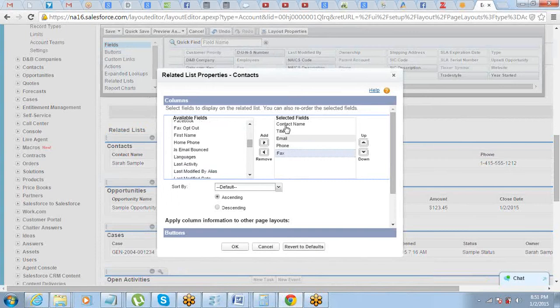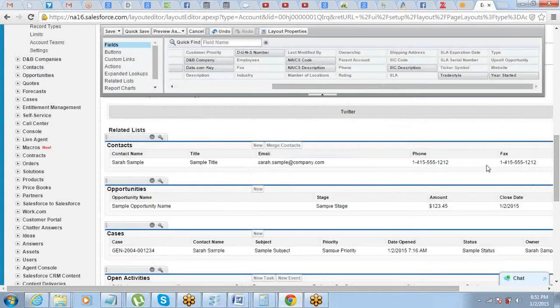So the right side are the selected fields, the left side are the available fields. So you bring it to the right side, click on OK. See, your fax will also be visible. Right? So it depends on what data your end user wants to see on the related list. You can make those fields available. All right, so that's clear.